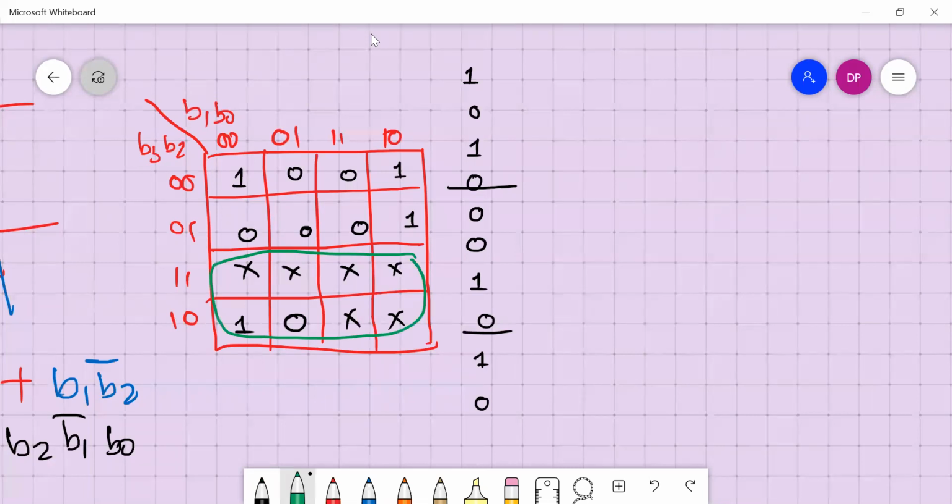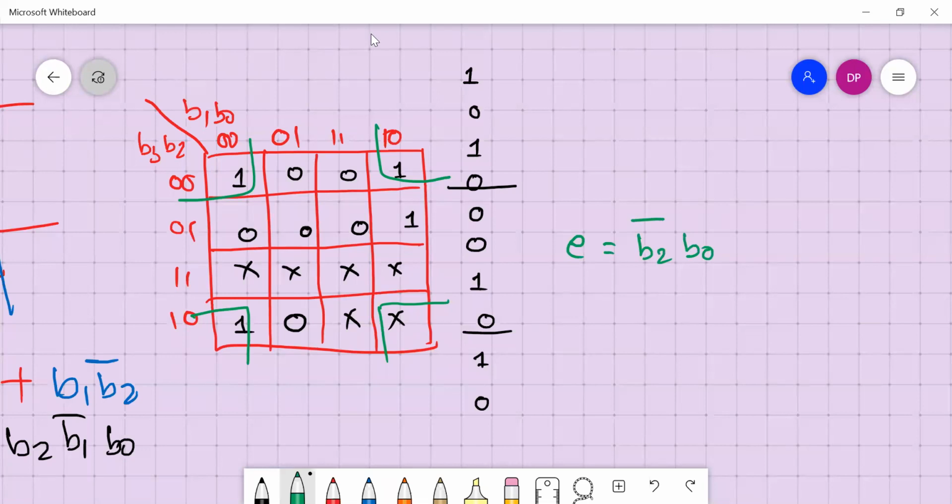Or is it required? I don't think this group of 8 is required. We can include this one over here in this way also, right? So this green color one group. Okay, so for E, let me write. This will be B2 complement, then you have B0 complement.